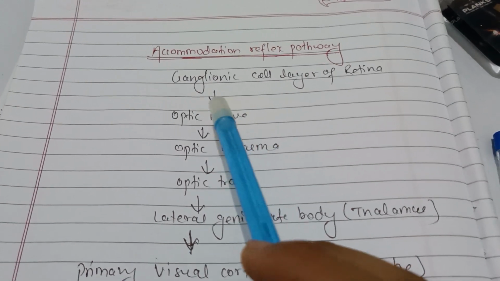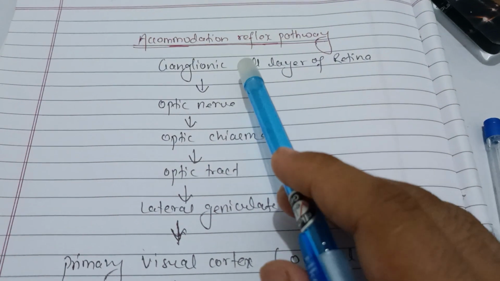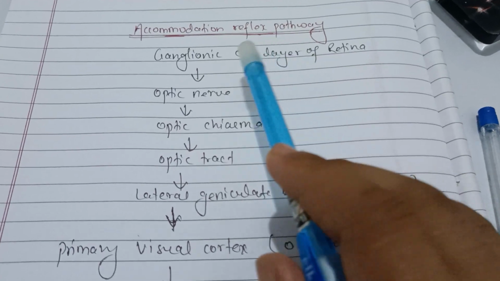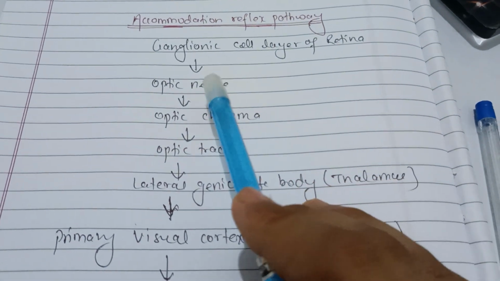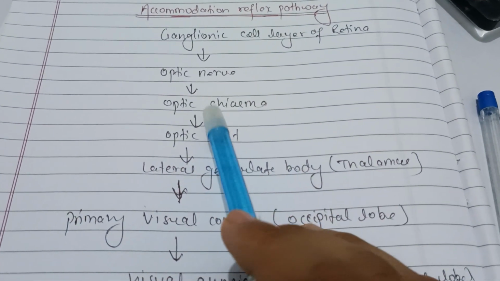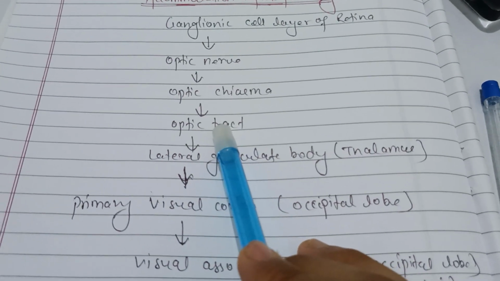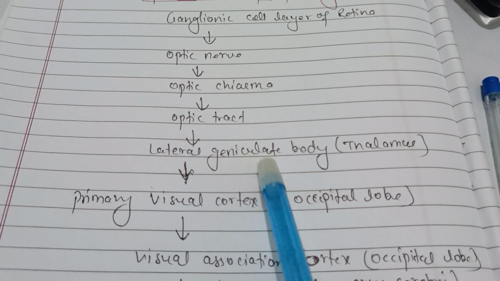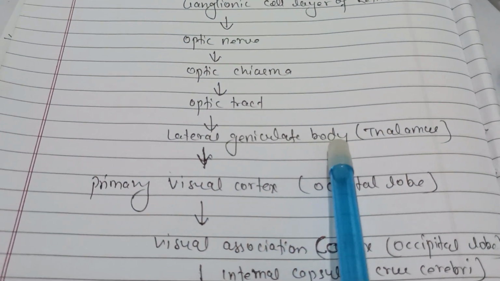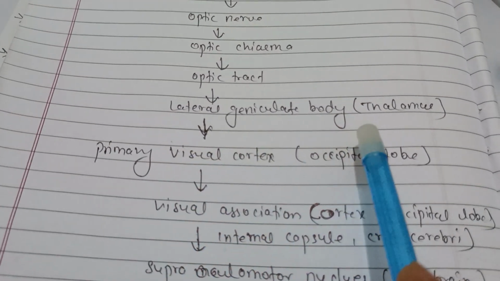So here we will discuss the accommodation reflex pathway, and the parasympathetic fibers begin from the ganglion cells of the retina, and the information goes to the optic nerve, and from the optic nerve the information transmits to the optic chiasma, and from the optic chiasma the information projects to the optic tract, and from the optic tract the neurons go to the lateral geniculate body which is present in the thalamus, and from the lateral geniculate body the information goes to the primary visual cortex which is present in the occipital